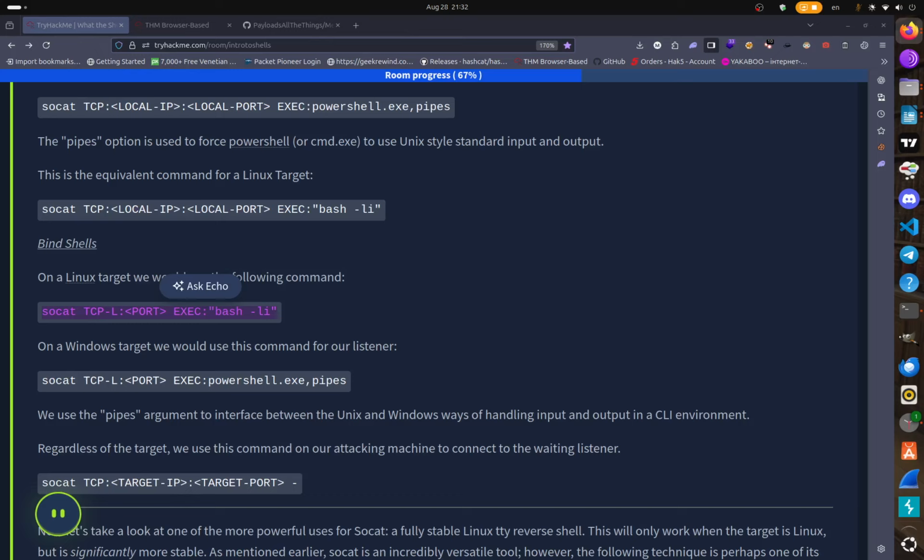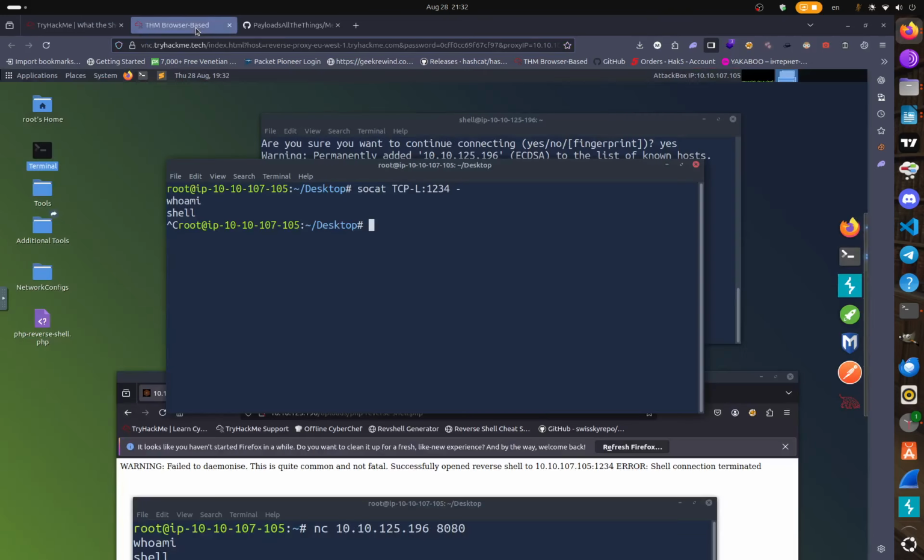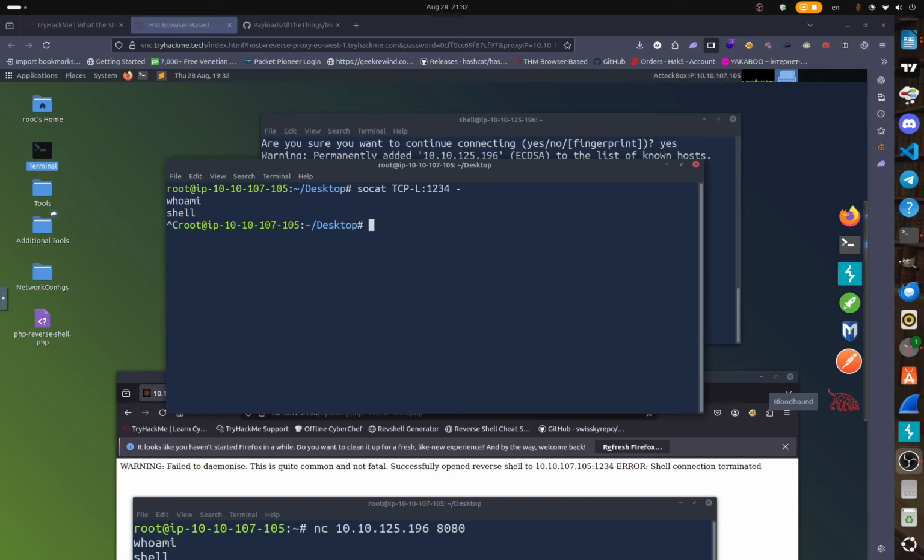And we'll copy that first command, socat TCP-L, the port, exec bash -li. We'll go ahead and paste that in there, and make sure you're using the commands for the Linux system. This is not Windows. So we'll change the port, in this case, to 443, which will